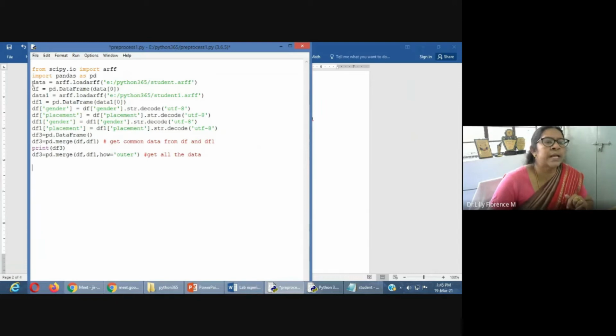So two data sets I have taken. One is the student data set and another data set I have taken is student one. Here I have created two data frames, DF1 and DF2. Now I have created one data frame to store the result of merge. So here I have just applied the merge without specifying in what way to merge. So here the default merge, how it will merge: the common data between two files will be taken here. So just I'll save this. So you see the result.